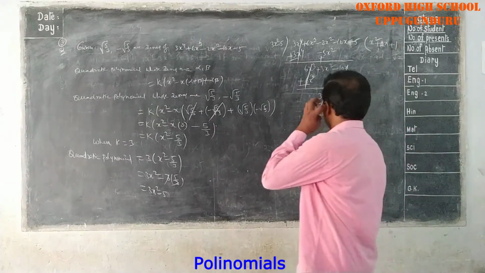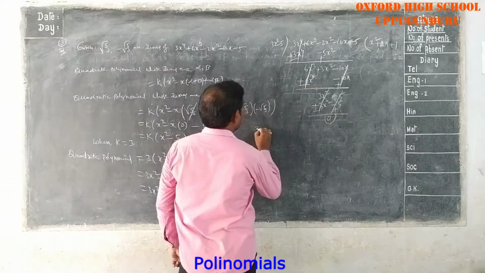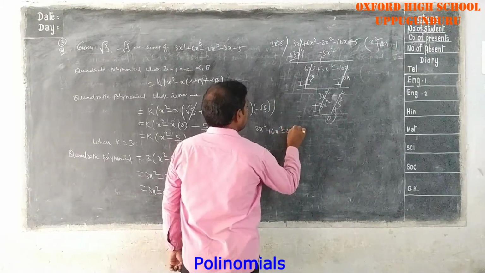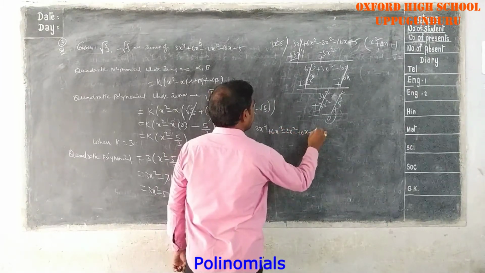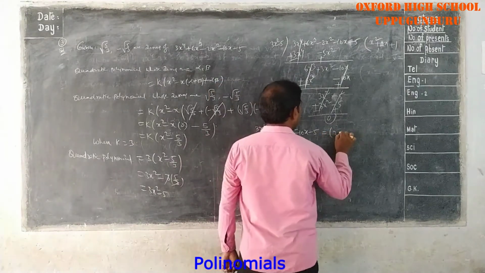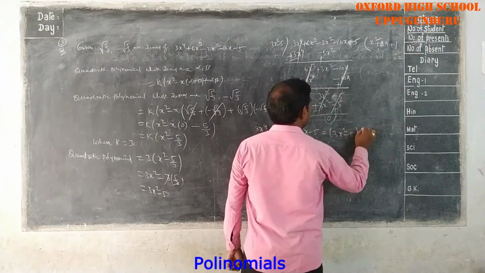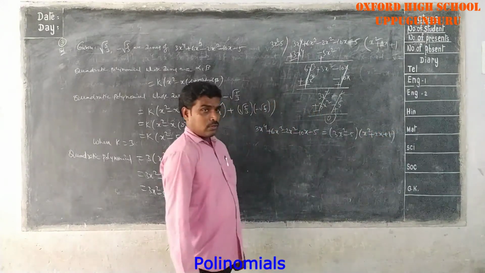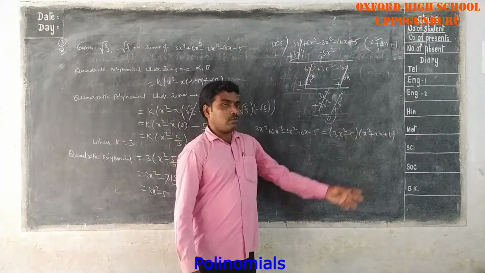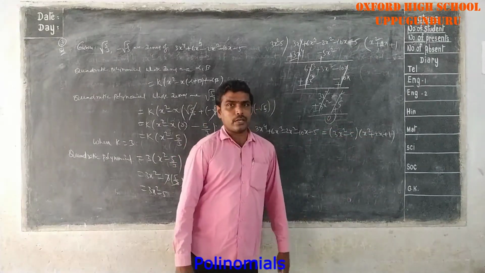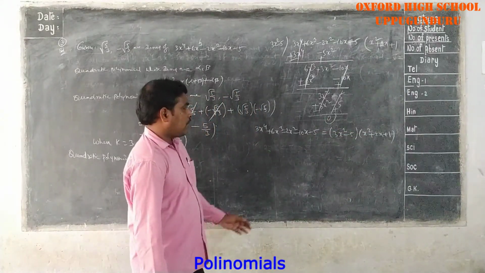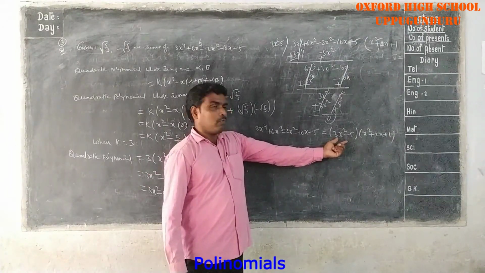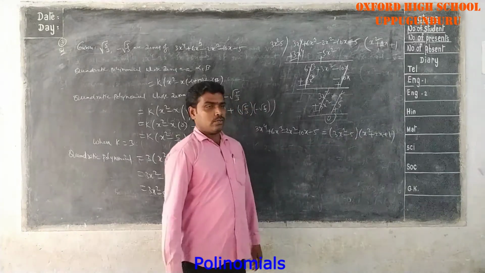Now this biquadratic polynomial, we can write 3x power 4 plus 6x cube minus 2x square minus 10x minus 5 equal to 3x square minus 5 into x square plus 2x plus 1. Dividend equal to divisor into quotient. Remainder is 0, that's why I am not writing the remainder. So already for this quadratic polynomial you know the zeros, they gave in your problem only. For this you have to find the zeros.